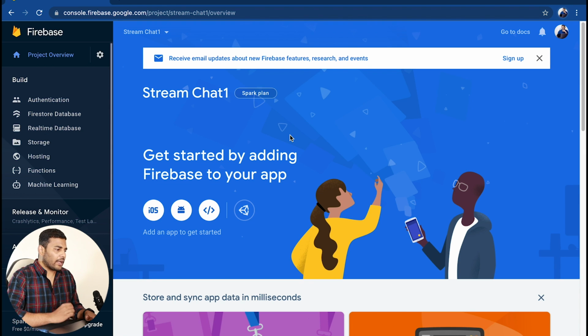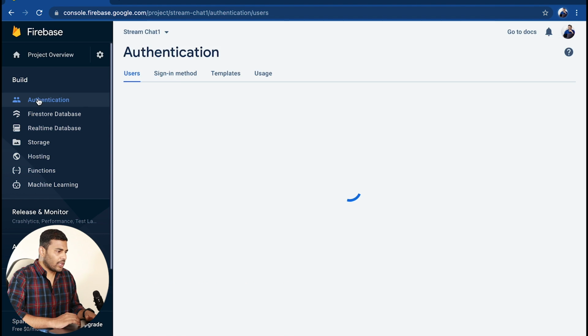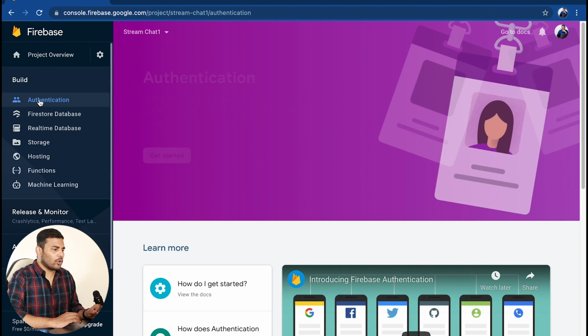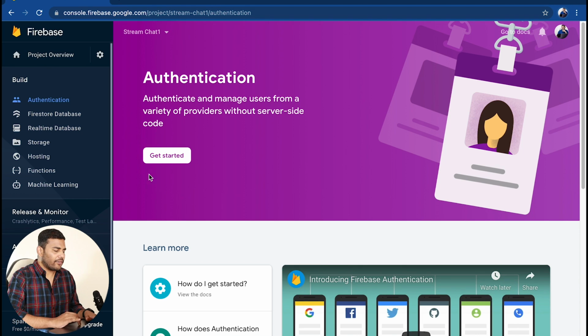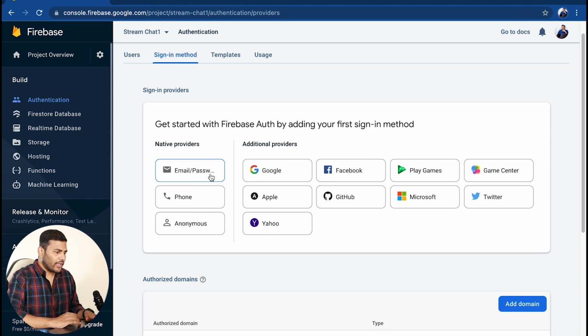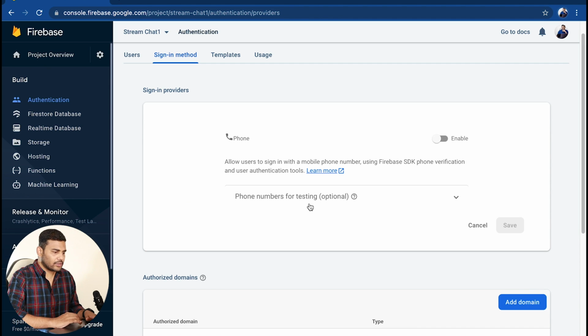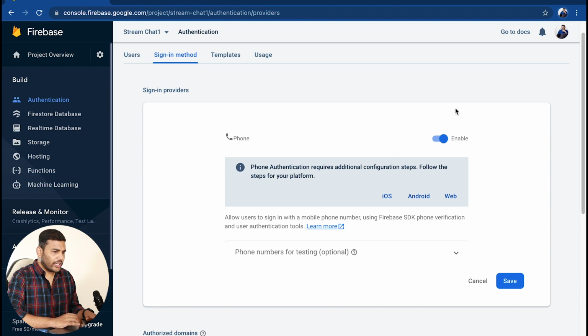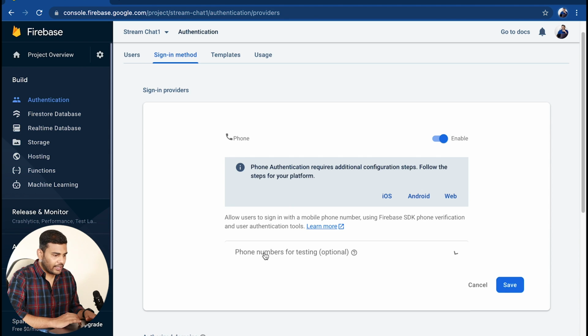Now it will open the project that we just created. Here we will go to authentication and click on this button, get started. Now here we will select phone authentication from the native providers. Select phone authentication and you need to enable it.